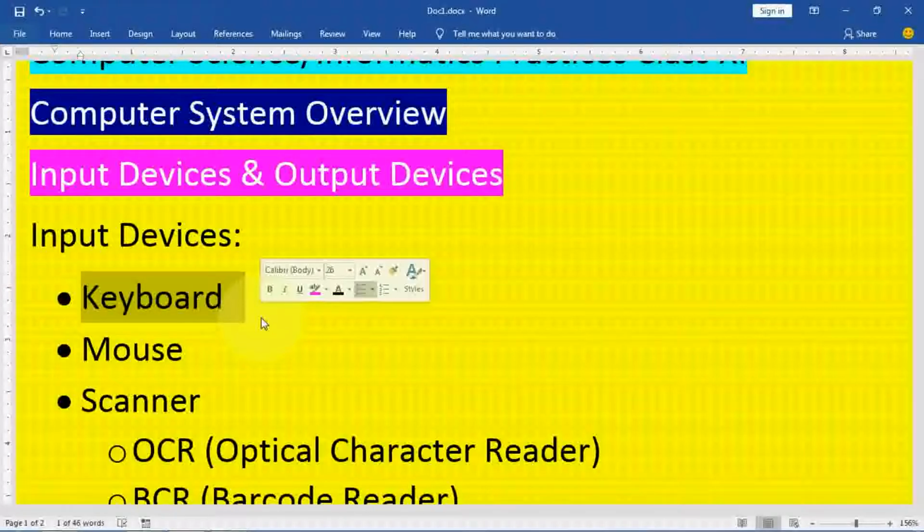Basically keyboards are available in three different types. First is the USB keyboard, second is PS2, and third is wireless. You can use any of these keyboards.